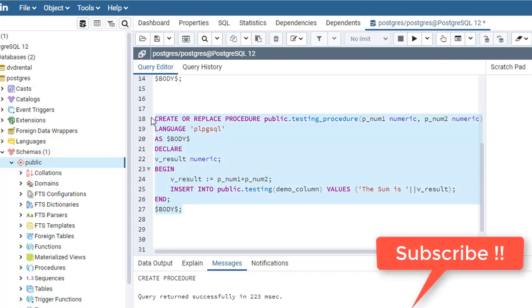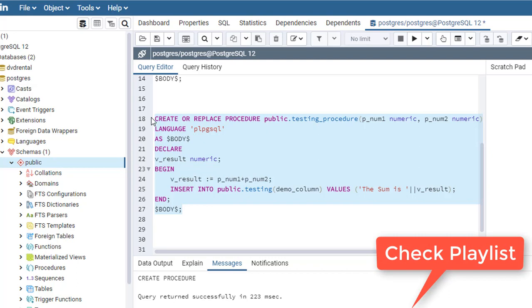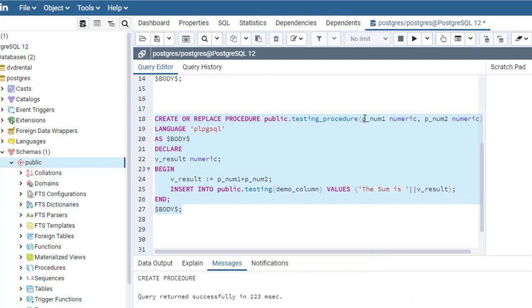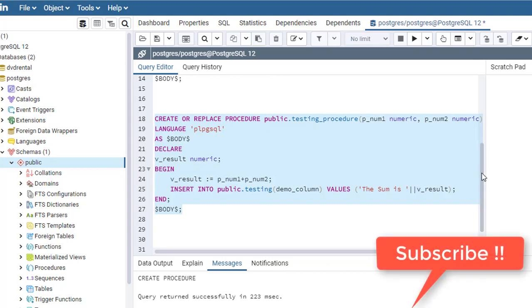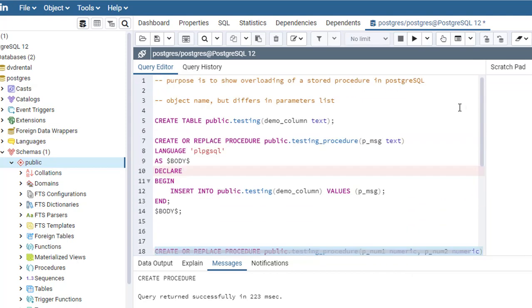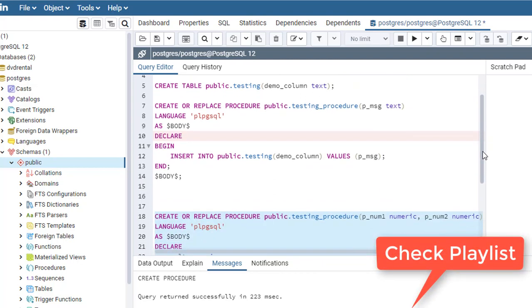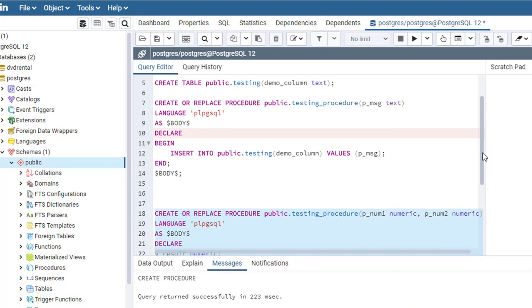Guys, in other SQL databases like Oracle, when you create an object with the same name, even with a different parameter list, it will throw an error saying this object already exists. In that case, you need to change your object name completely.